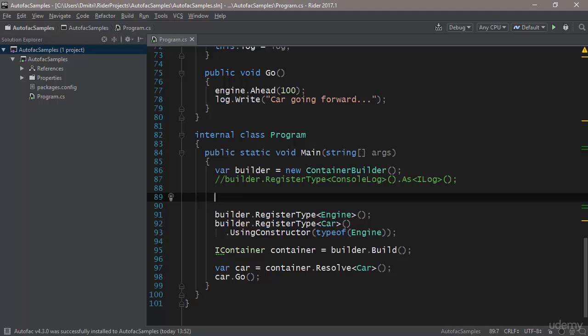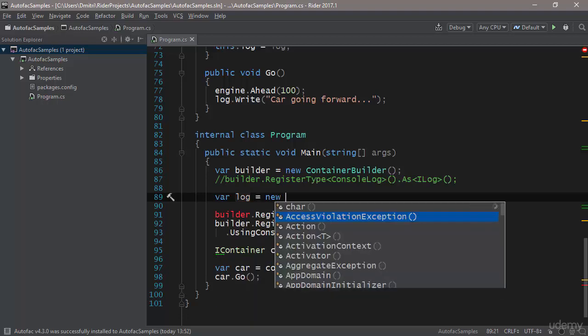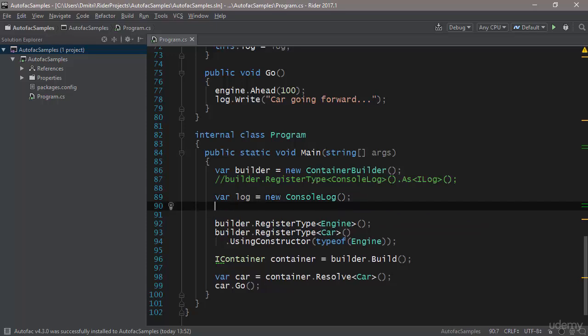Well, first of all, you actually make the log. So you make an instance of this variable. So var log equals new ConsoleLog. So I've made a specific console log. Perhaps it's a console log that's been pre-configured in a particular way. Maybe I want to write some tests, and I want this particular log to be given to anyone who requests